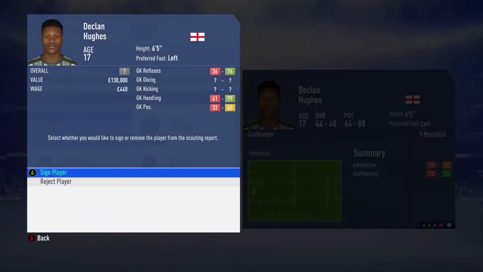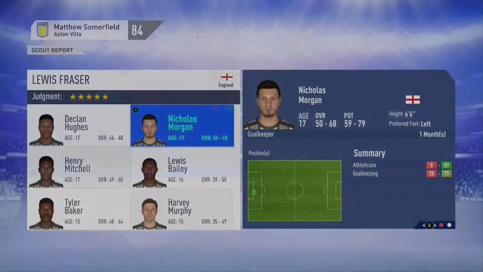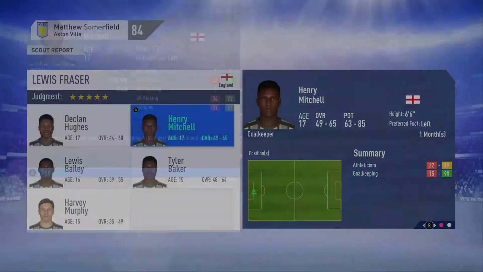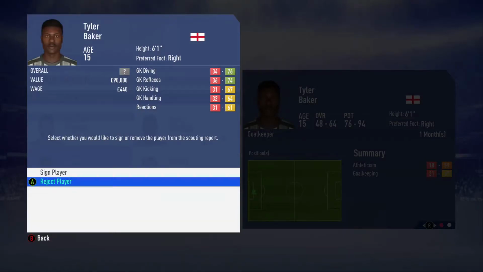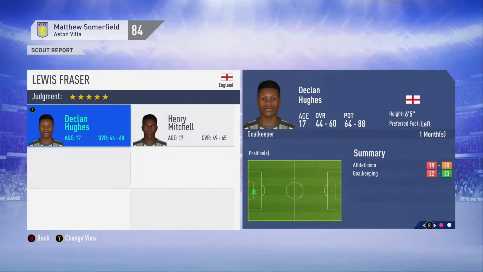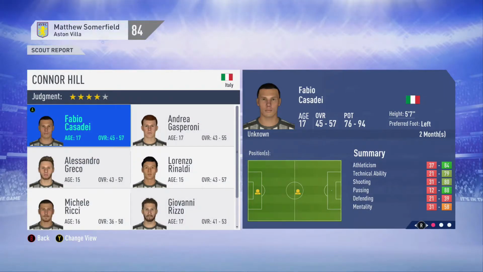As we take a look at some of the scout results from Lewis Fraser, who's in England looking for a goalkeeper. They need to be of significant quality though now, because we've got a number of goalkeepers already on the books, so we don't want to just be signing any old keeper there. We need them to be of a particular potential. So we'll leave a couple there for the last month of scouting